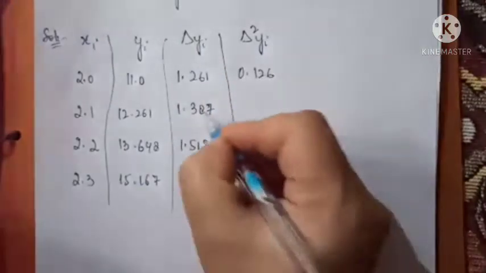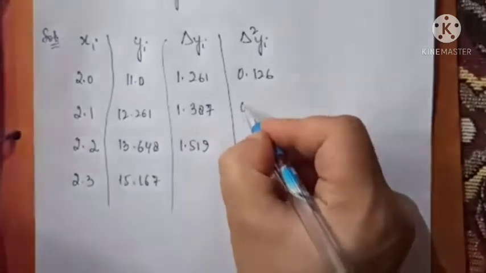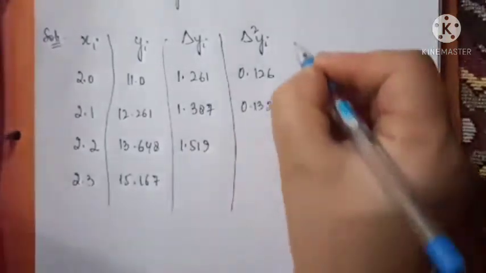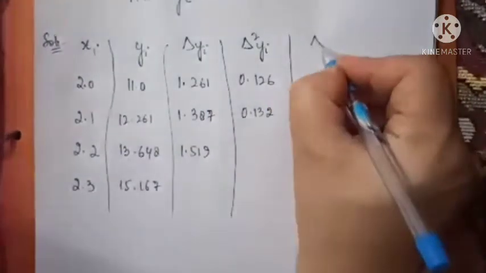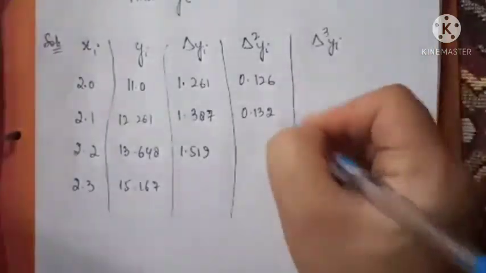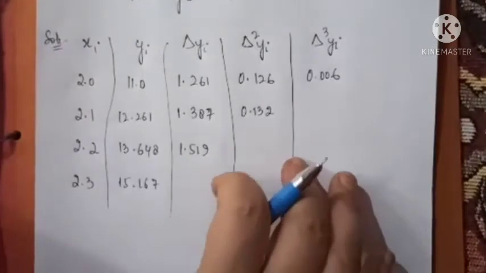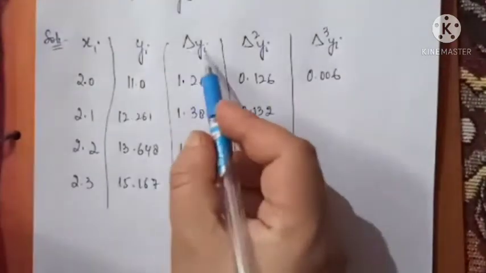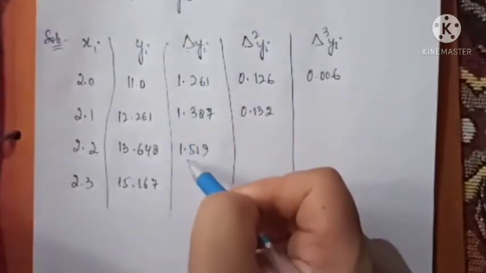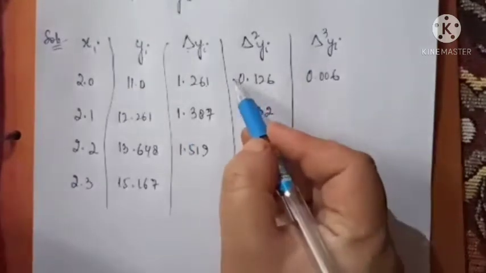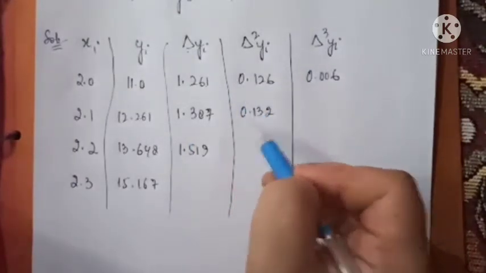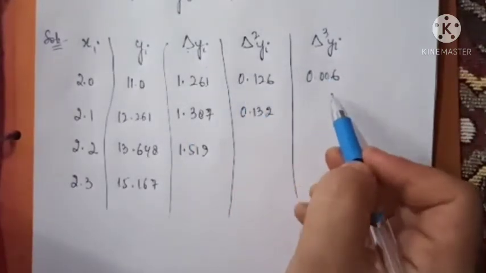So this is this minus this, then this is this minus this. Okay, then this is delta cube yi, because we can make one more differentiation and that's it. You know that this point is delta y1, this is delta y2, this is delta y3, this is delta square y1, delta square y2, and this is delta cube y1, right? Okay,